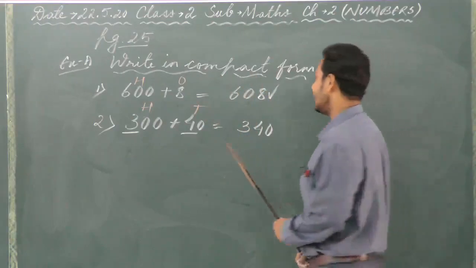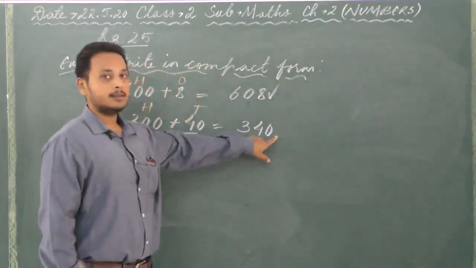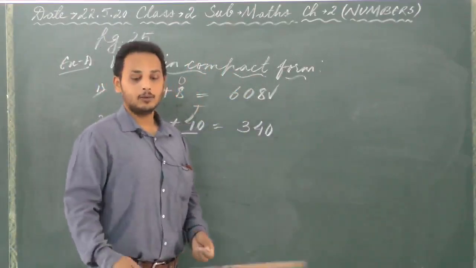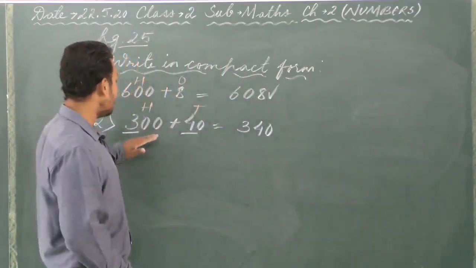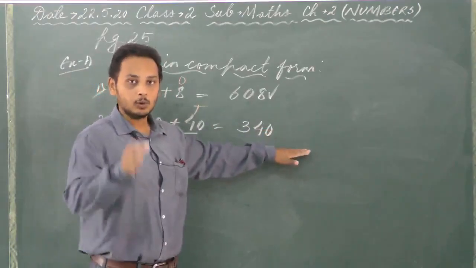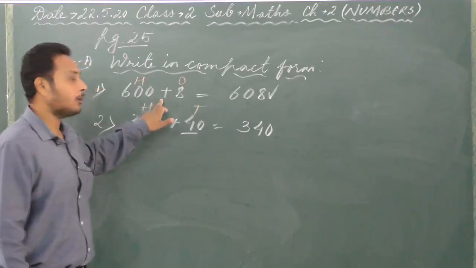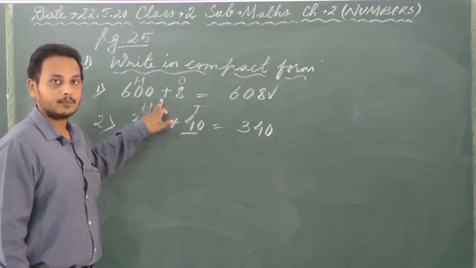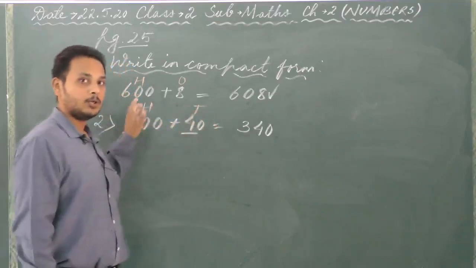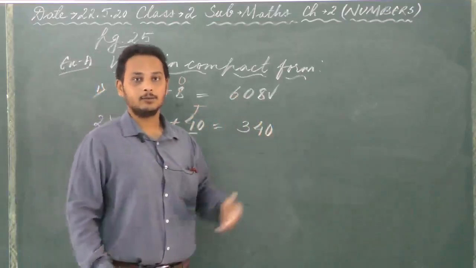Okay, because if you add one more 0, the value of this number will change. It will become 3400. Okay. So this will remain as 340 only. Don't add any more zeros. Okay. You'll only add a 0 when the number from tens place is missing. Okay. Otherwise, if it is in ones place or hundreds place, do not put a 0, do not add a 0. Okay.